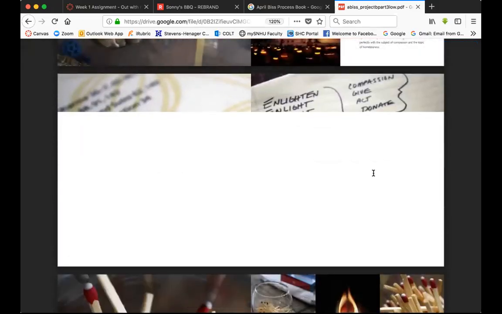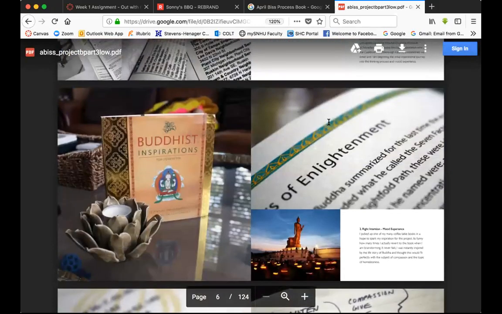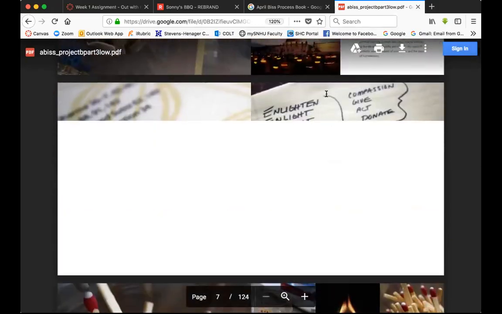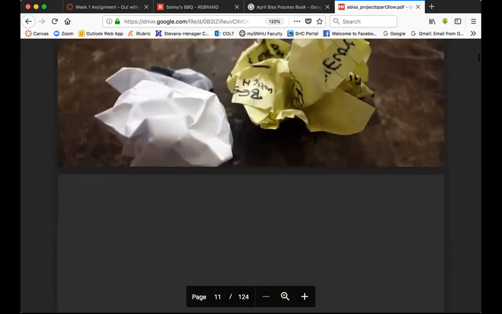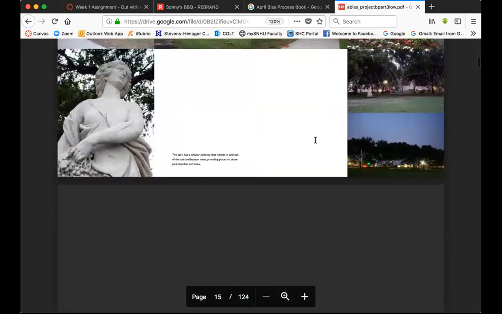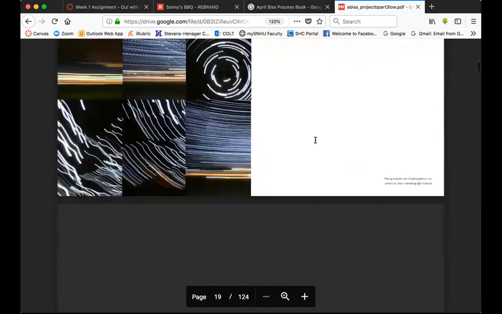This is just more of my research. Now I wanted to show you this because I started a word adjective list here. Let's see if I can bring up the list again. Hold on. These are just kind of me thinking about the process, where it's going to be held. These are all my own images that I took.